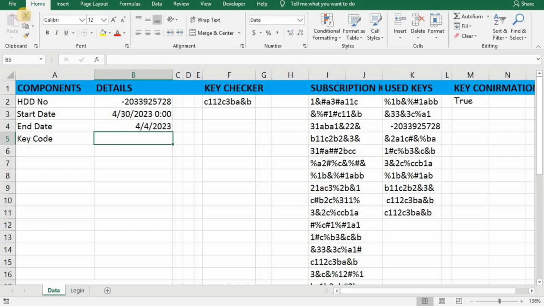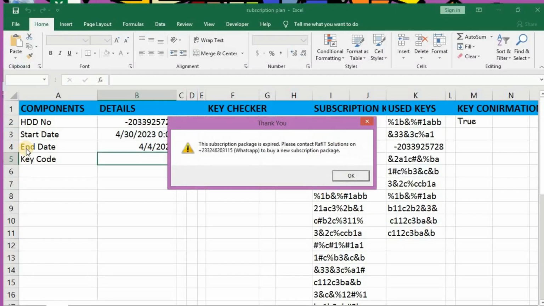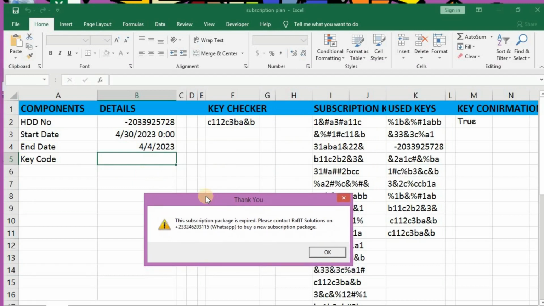Let me close it and exit. Let's open it again, and this time around, because I've backdated the date to the 4th of April